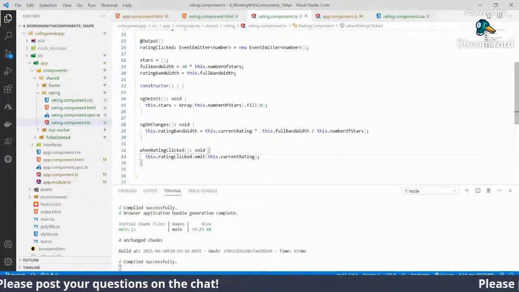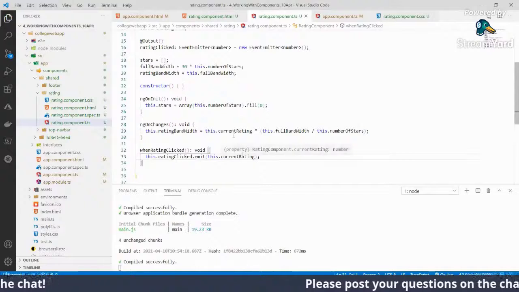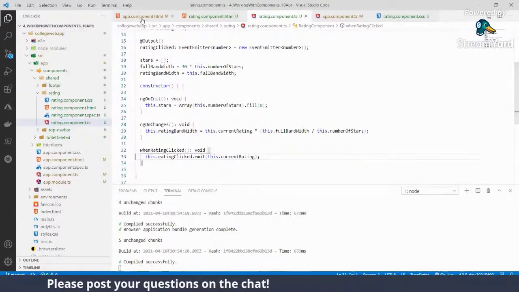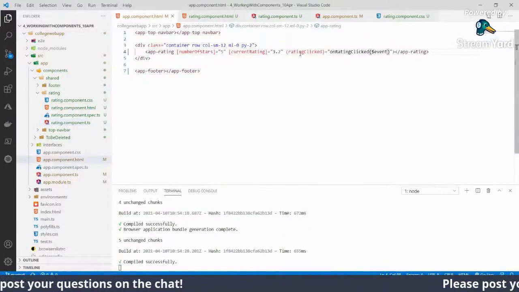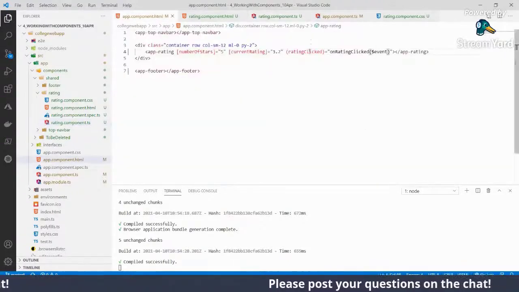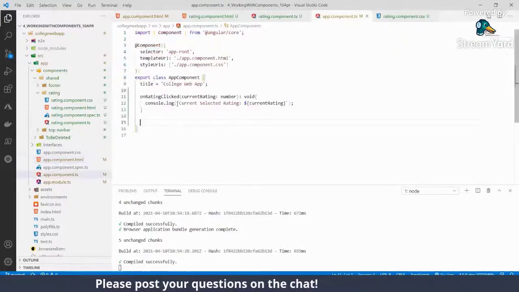What it is doing is we have an event emitter. It is doing event emitter dot emit, and it is emitting the current rating. That will bubble back to the parent, and that is the event. The event name is rating clicked, and we have to write our event handler, which is on rating click.